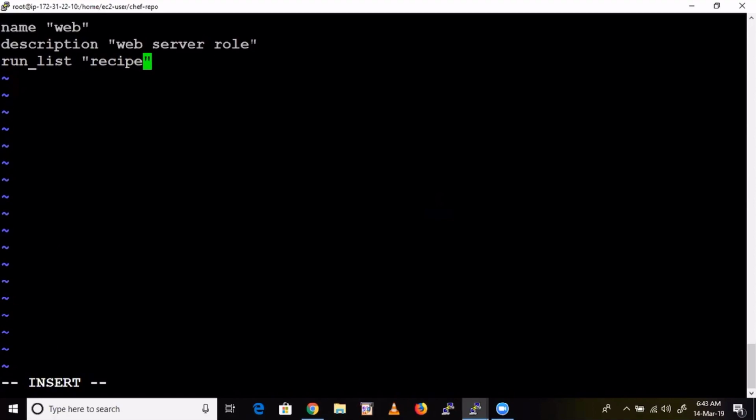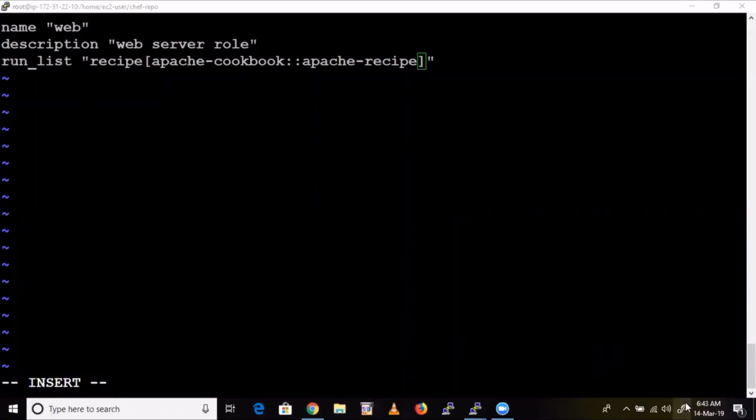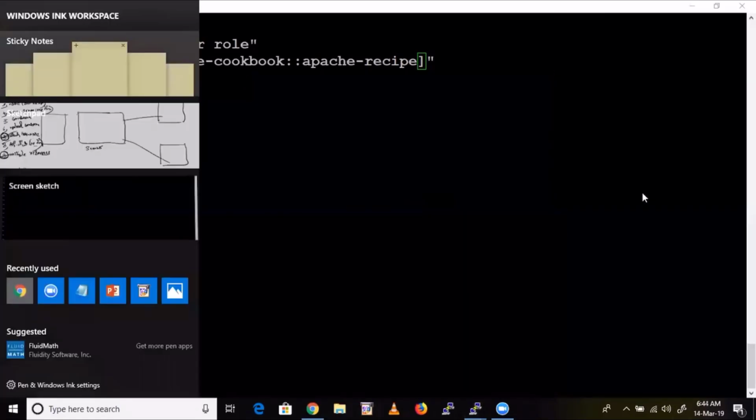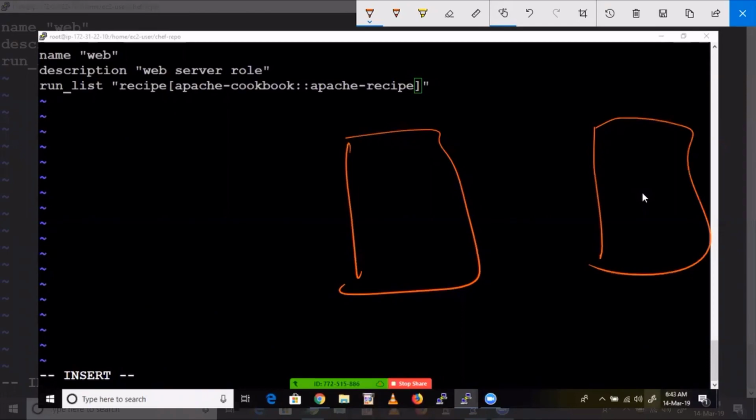Recipe. So which cookbook recipe? I mean Apache F1 cookbook. Apache F1 recipe. I told you right here what we are going to do here. Server is there, node is there.